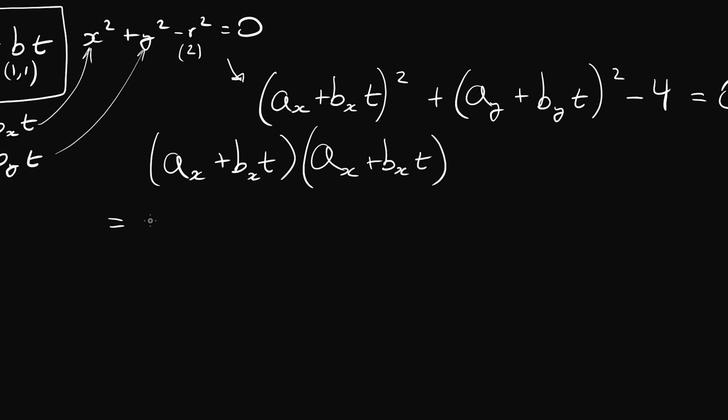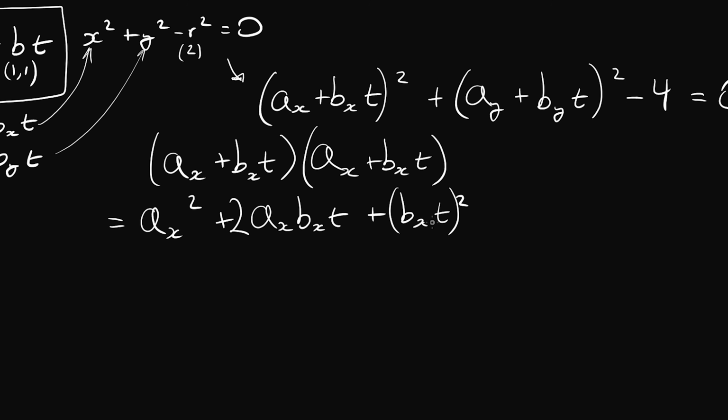So ax times ax gives us ax squared. Man, I feel like a high school math teacher at this point. Then the next one is ax times bxt, which is going to give us ax bxt. Then we have bxt times ax, which is actually the same thing, so I'm just going to sneak a 2 in here because we have 2 of these. And then we have bxt times bxt, which gives us bxt squared. Now this whole thing is actually squared because we have the multiplication of 2 components here. And since we were all about simplifying this by removing the brackets, we might as well write this as bx squared t squared. So that is that bracket expanded.